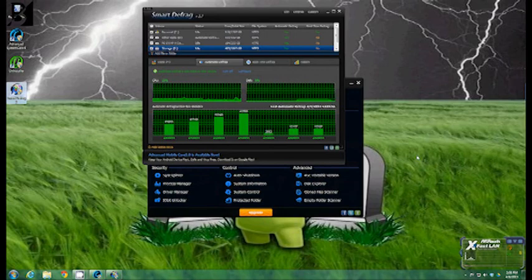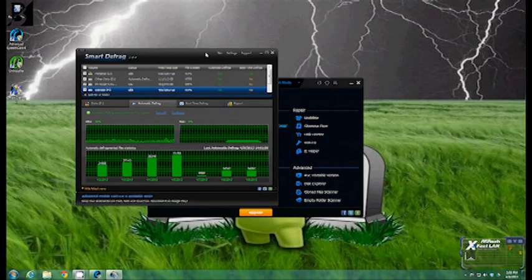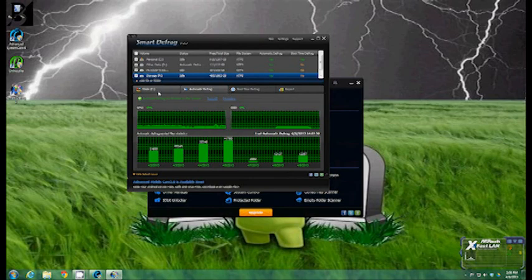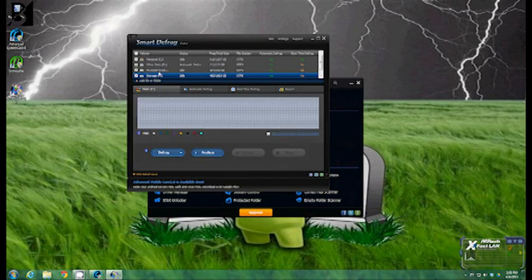If this is your first time installing Smart Defrag, just like with Advanced System Care if it's the first time, you might want to come over here and click on the state. Select all your drives, drop down here to the bottom, right here where it says defrag. Click the little drop down and go to defrag and fully optimize, and it'll start the process of going ahead and defragging your hard drive. I would highly recommend doing that for the very first go around, and from that point on, Smart Defrag will